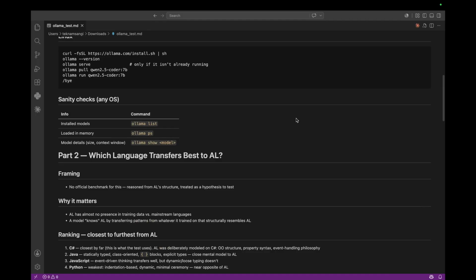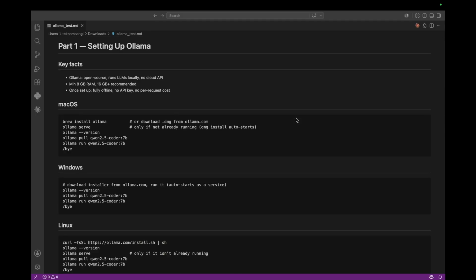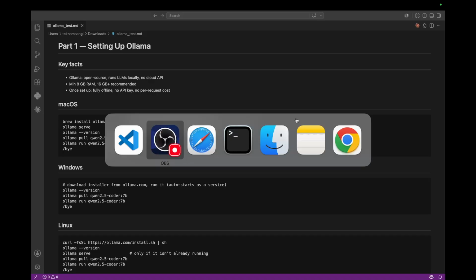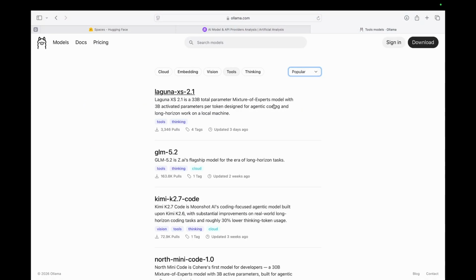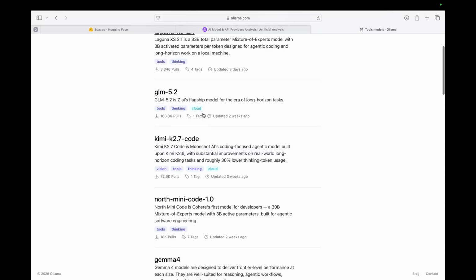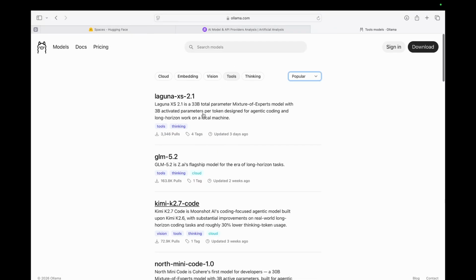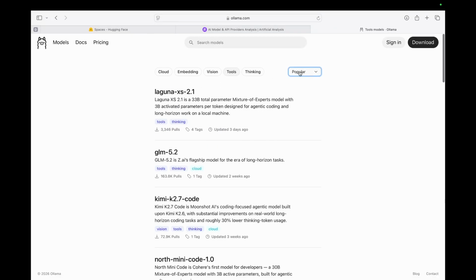I won't test all open source models because there are many, but you can set up Ollama, an open source tool that enables you to run LLMs locally, no cloud API needed. And when you look at the models that are available in Ollama, you get several other models, and based off the